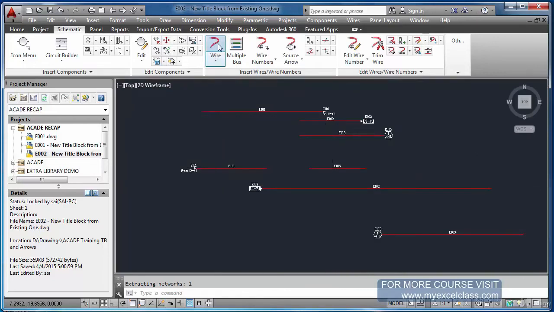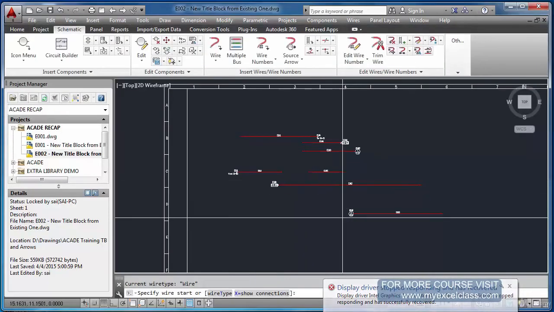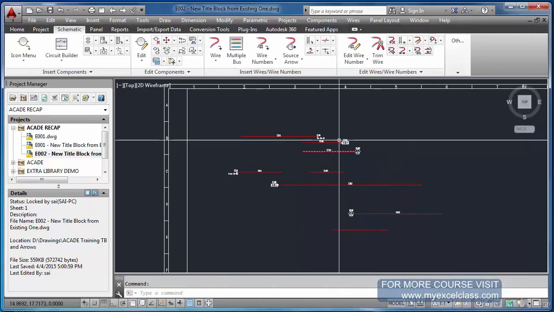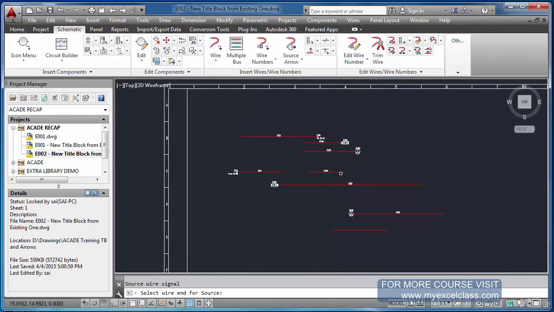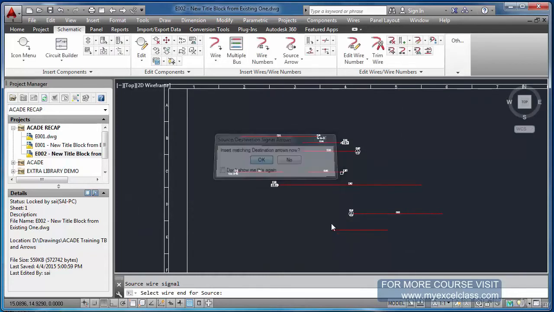I will draw one more wire here for this. There is some problem with my PC. Just wait. Yeah, I will draw one more wire here and source 220n, style 4.